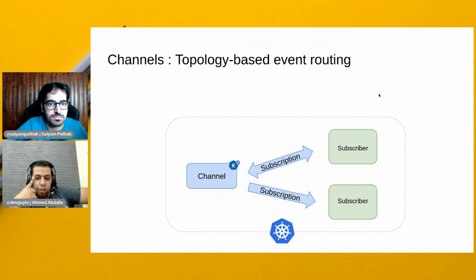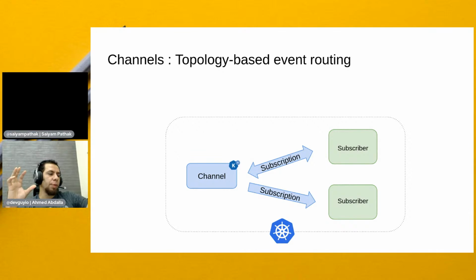topology-based event routing. Basically, I would like to have a way to say, take my event from point X, send it to point Y, and take the events that are output from point Y and send them to point Z, and draw my desired flow. So I have a set of components or pieces. Each of them implements a specific functionality, and the final solution you can see visually via the topology between these